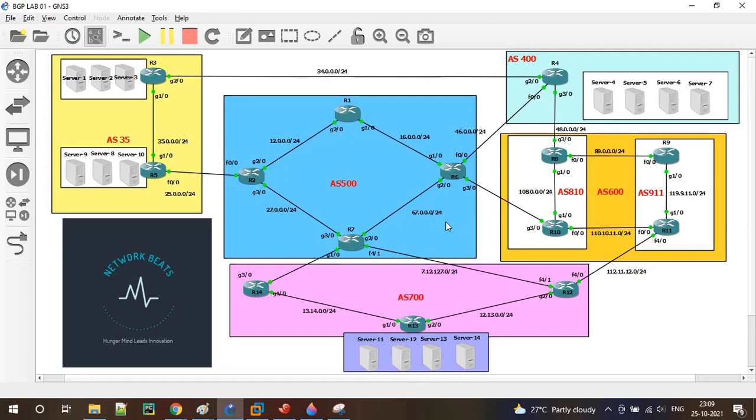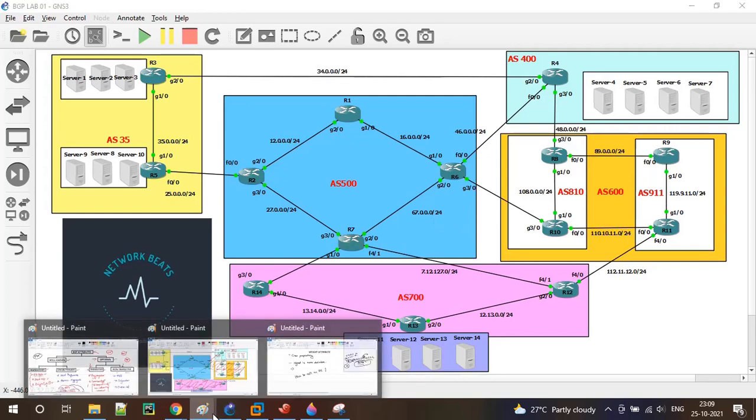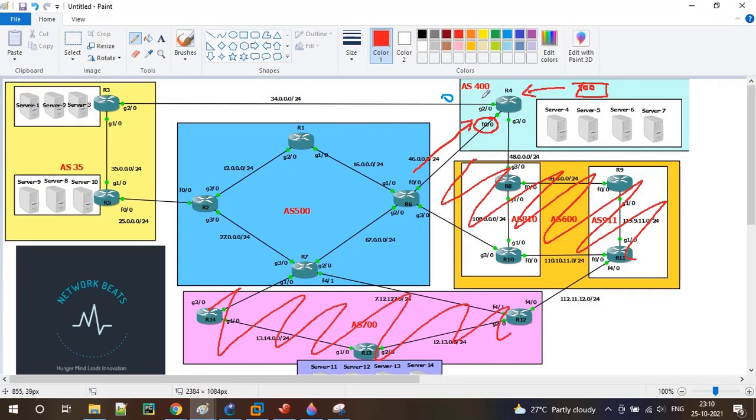In the last video, just a recap, we were receiving the routes from R5 to R4 through R3 and also via R2 over AS500, but we applied a weight attribute on a neighbor basis.